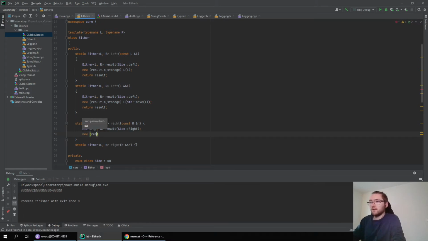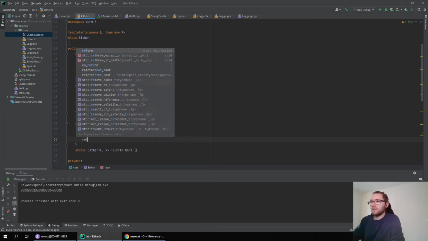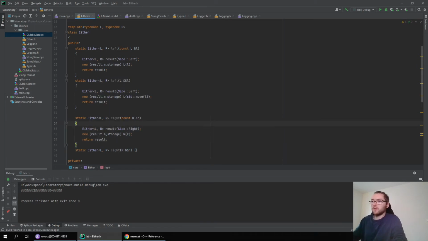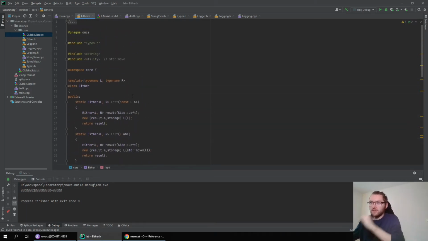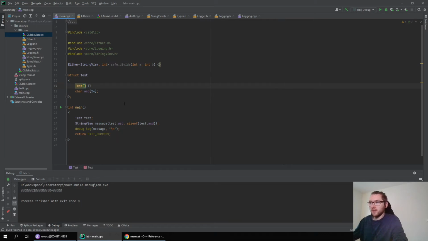So then result, storage, R of R. So also in-place copy construct the value. Also copy paste the smart constructor for the right side. Okay, on this, here I have to actually move my value. So now I have a way to construct my either.